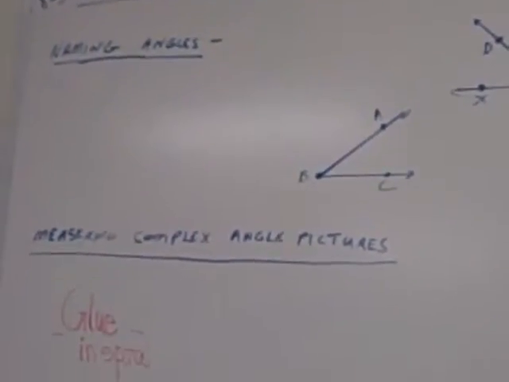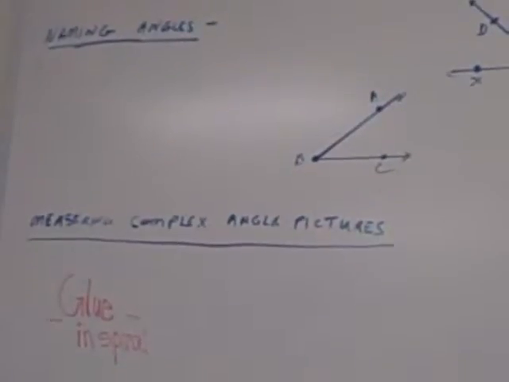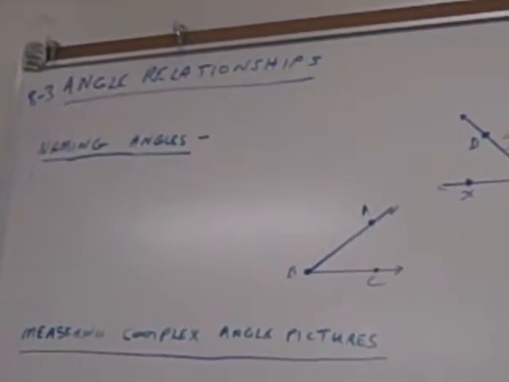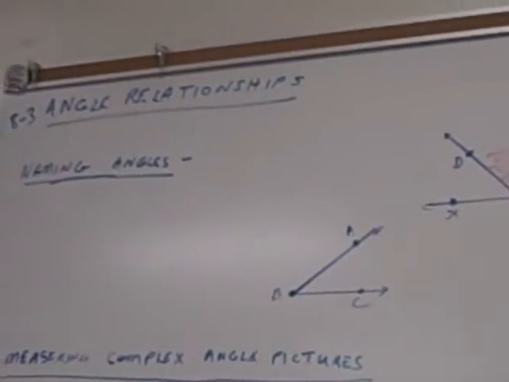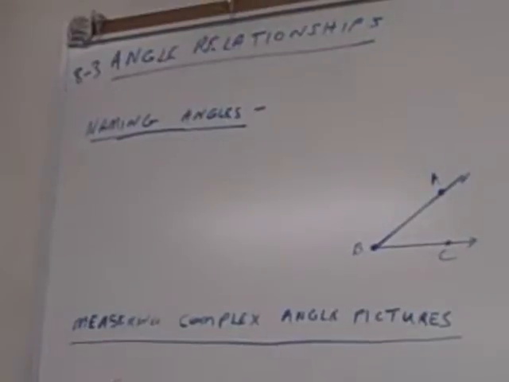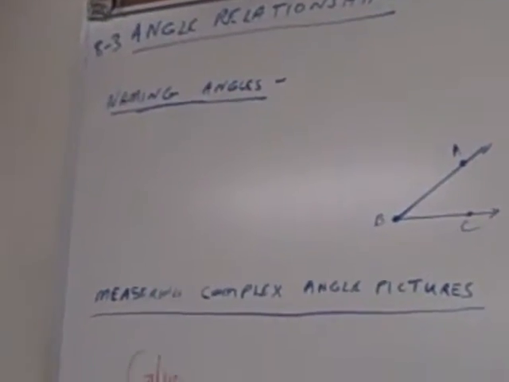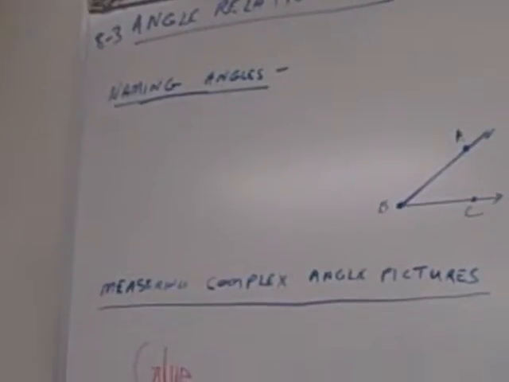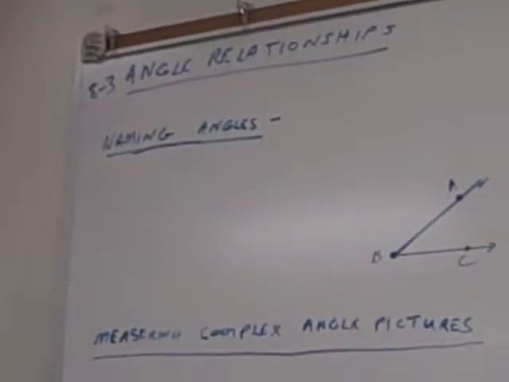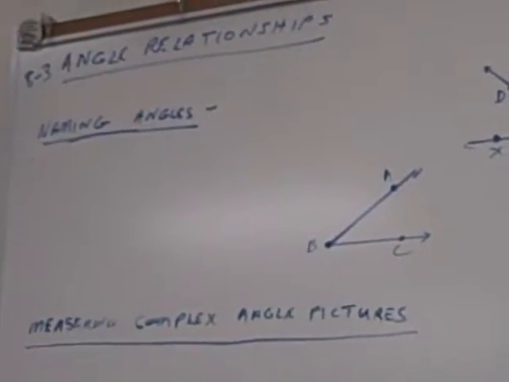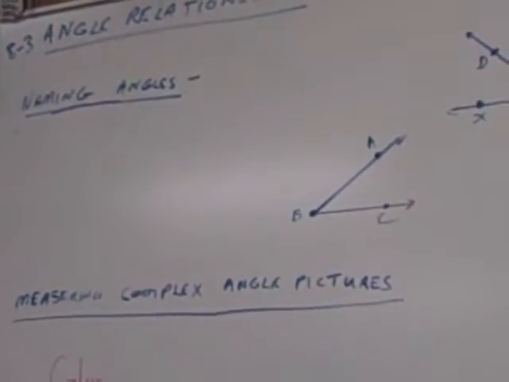We've got a lot to plug in today. Angle relationships. And the first thing we've got to talk about is naming angles. Now, Monday we classified angles as acute, obtuse, straight, or right. Classifying them, they have certain names. But if you're naming angles,